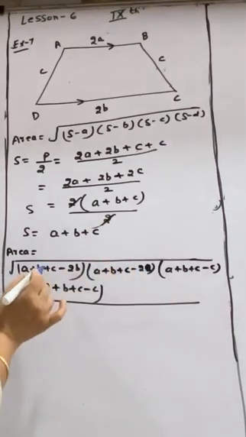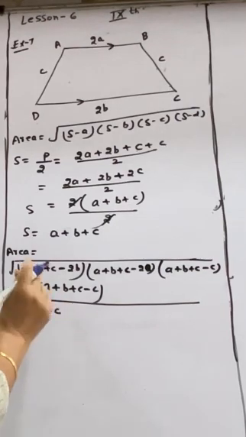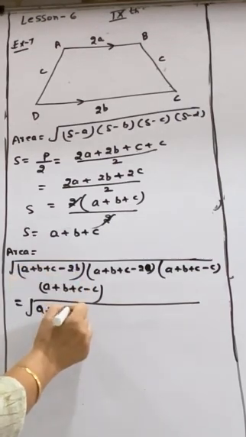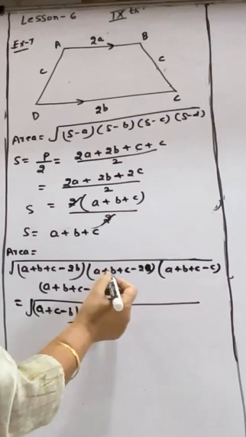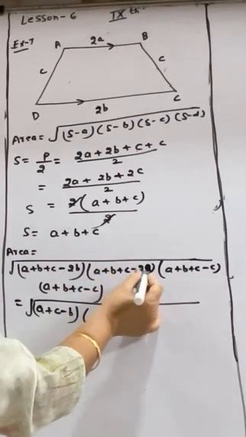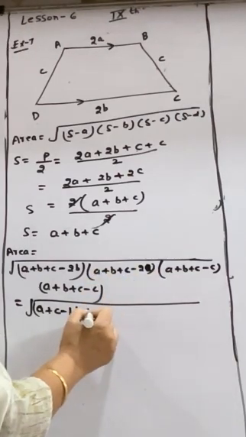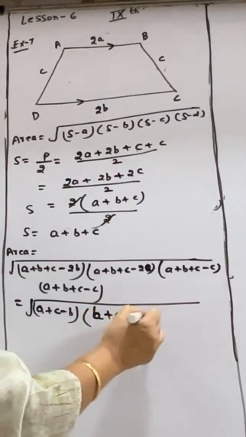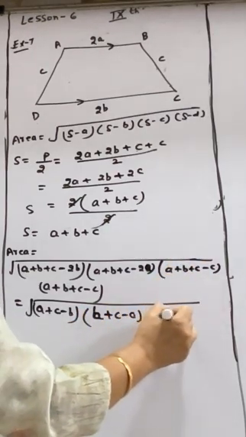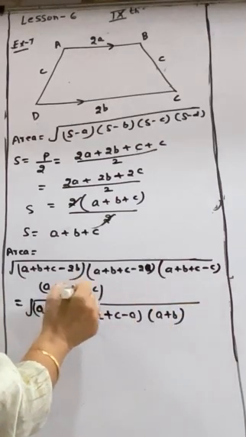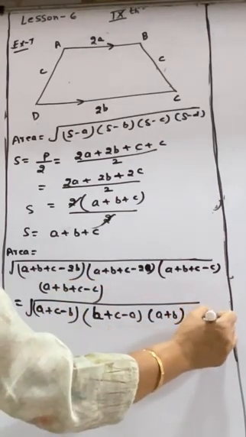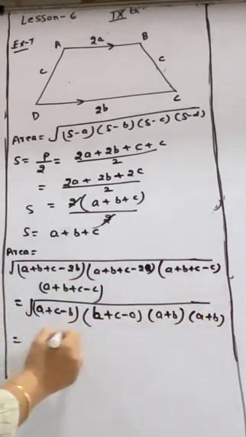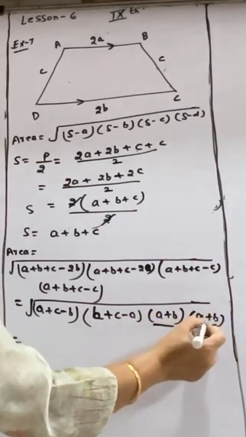So now look here. Here this is your 2B. So A plus C, B minus 2B will be minus B. Here A minus 2A will be minus A. So first I am writing the positive terms: B plus C minus A. C and C cancel, A plus B. Here C and C cancel. You will get A plus B. Now this is A plus B, and this is A plus B.